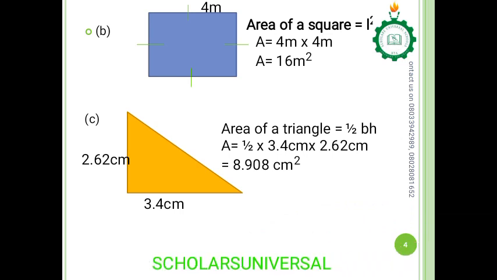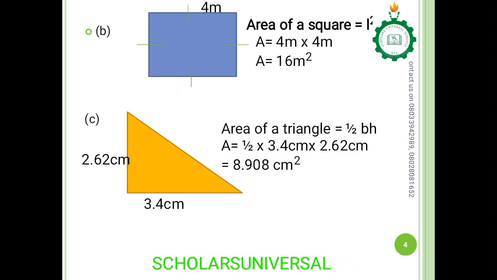The second question is to find the area of the square. In a square, all the lengths are equal, either breadth or length, whatsoever they call it. They all have the same sides. So if they ask you to find the area of a square, since the length is equal to breadth, that means length times length is equal to what? Length square. Or since the length is equal to breadth, you can say breadth times breadth, and that gives you what? That gives b square. So now the area of this square will be 4 meter times 4 meter, and that is 16 meter